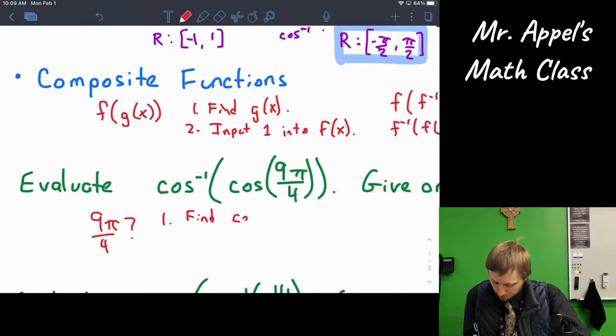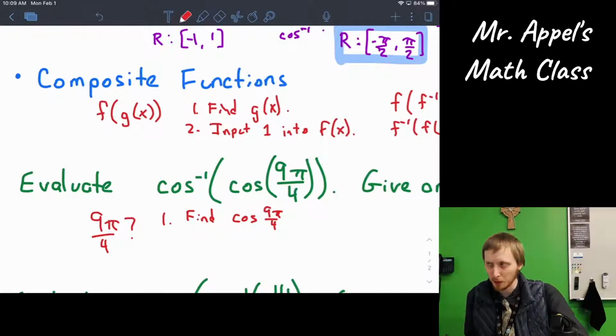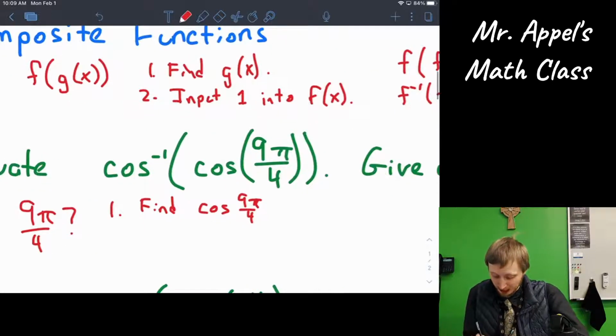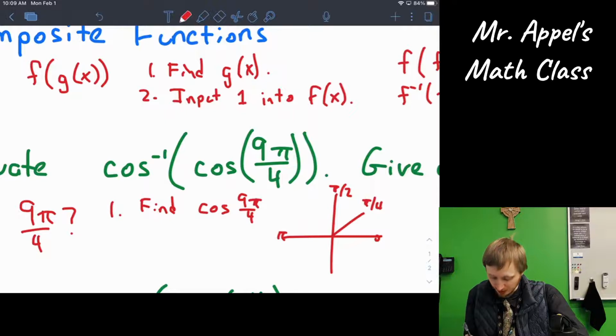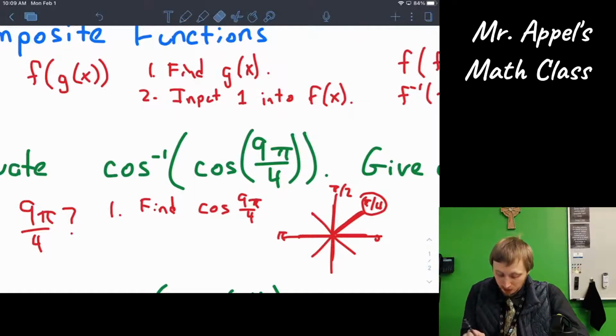we're going to find cosine of 9 pi over 4. All right, hey, pi over 4. Those are the 1/8 bit, right? Here is 0, here's pi over 2, here's pi over 4. It's the 1/8. I need 9 of those, so 1, 2, 3, 4, 5, 6, 7, 8 all the way around. 9 back where I started. Oh, cosine of 9 pi over 4 is the same as cosine of